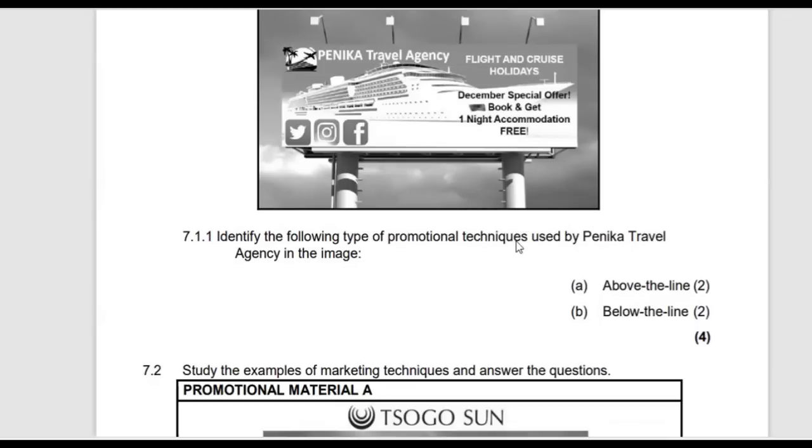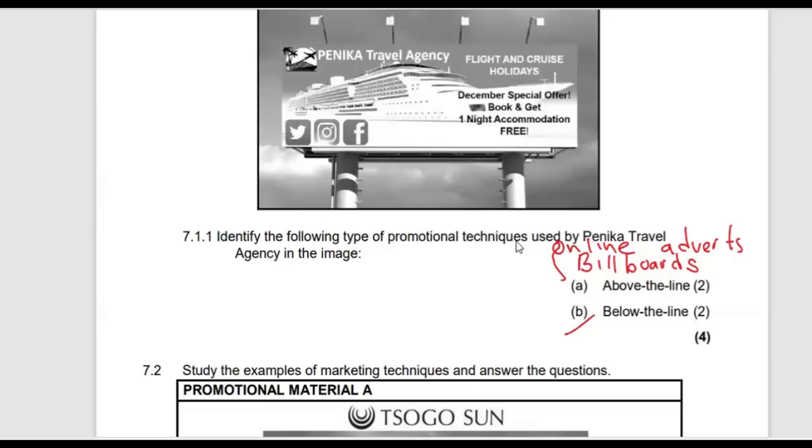So on above the line, we can see that they have an online presence. Online adverts, that is above the line. Then we can also see that they also have billboards, that is above the line. So we have two. Then in terms of below the line, we can see that there is